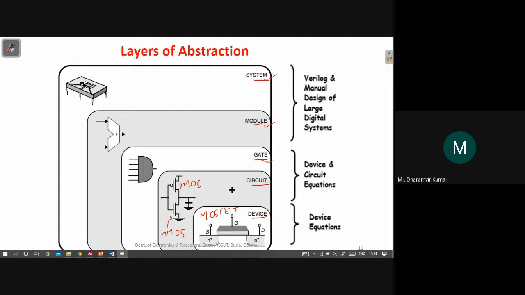Similarly, a gate can be formed by combining different circuits in a proper fashion. So we can have, let's say, a NAND gate. For example, we can have a NOR gate. We can have